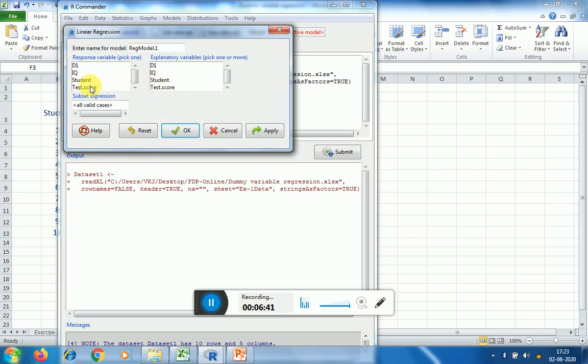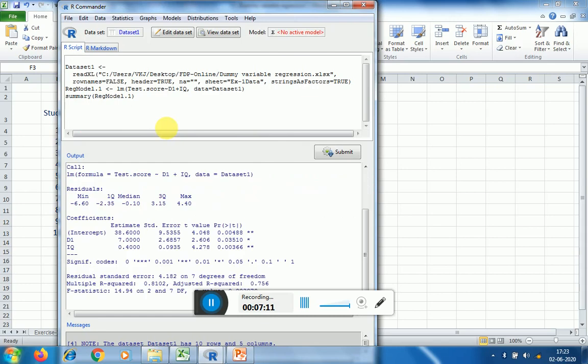Here select test score, and then you will select IQ, and now here gender is not represented because gender is a factor variable and only numeric variables are listed here, the variables which we have represented by some numbers, and that is the reason I have taken D1. So D1 and IQ. D1 represents the gender. Now I click OK.